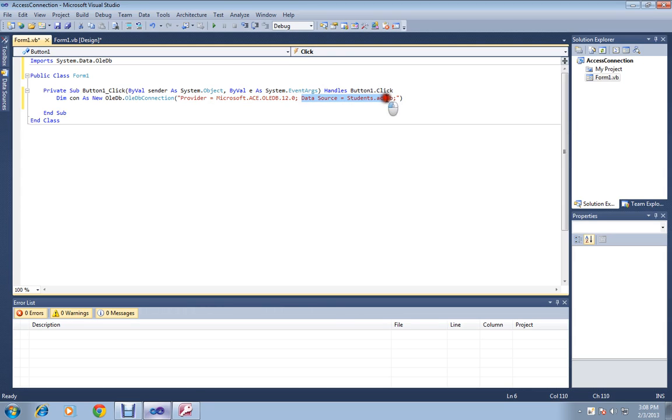Data Source equals students.accdb. This source is the location or path of our database.